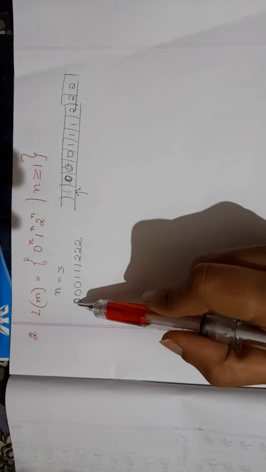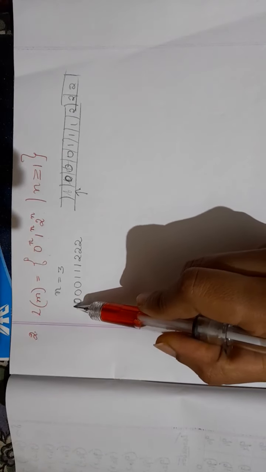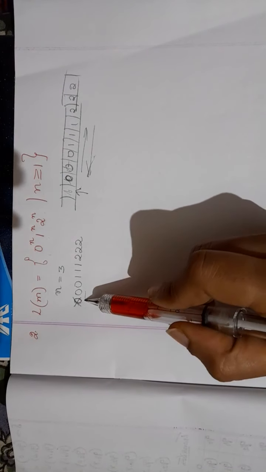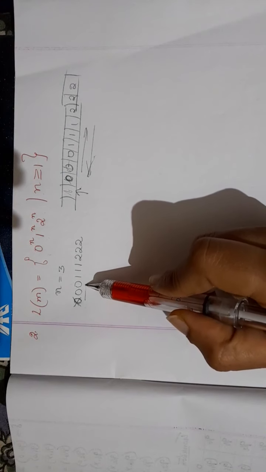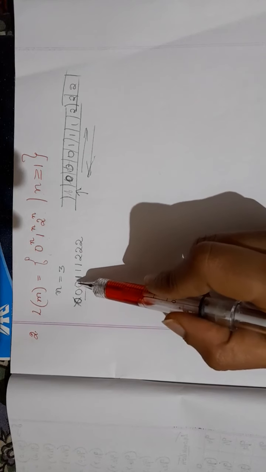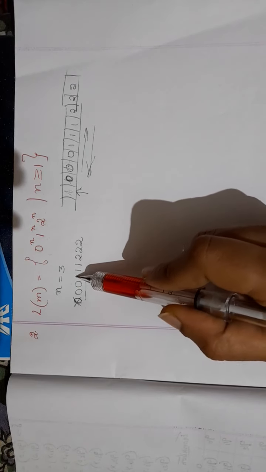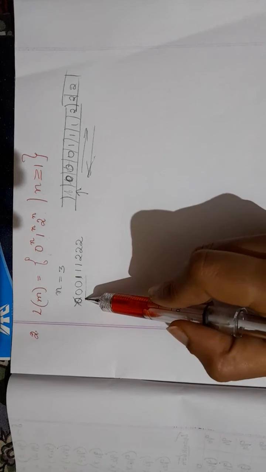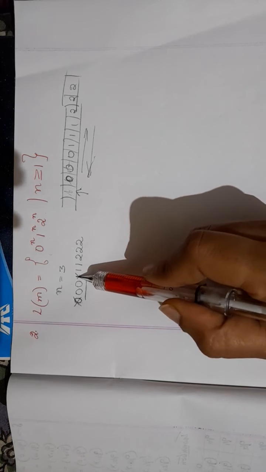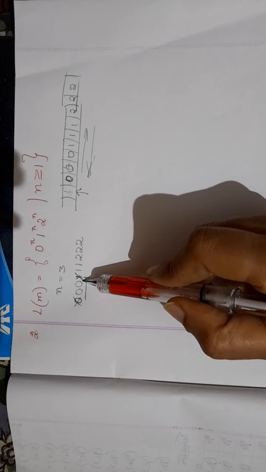When you read a 0, what are you supposed to do? When you read a 0, change it to x and then move right. The read-write head moves to and fro; it moves in the left and then right direction. So when you read a 0, make it x, move right. Till when should you move right? Keep on moving right till you read 1. You are reading a 0, move right. Now you are reading 1. When you read 1, what should you do? Stop. Replace 1 with y.